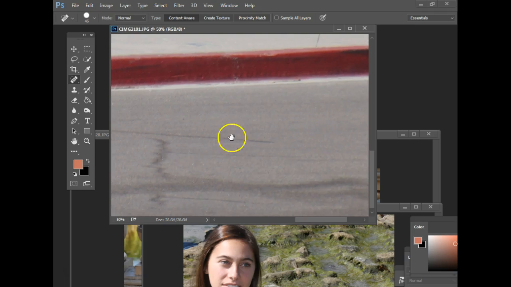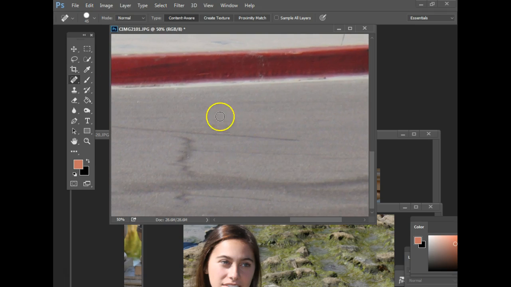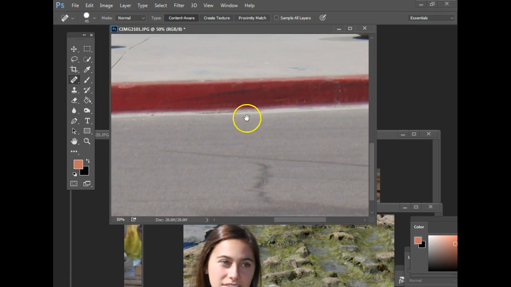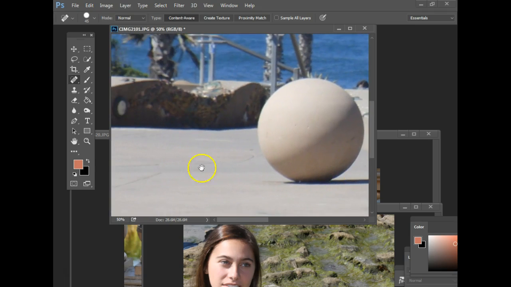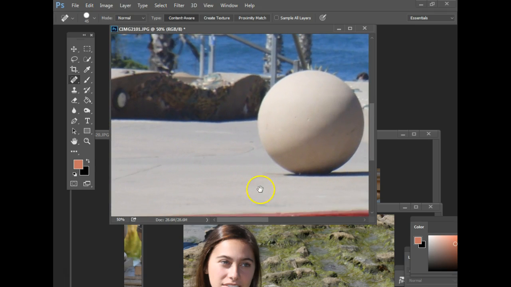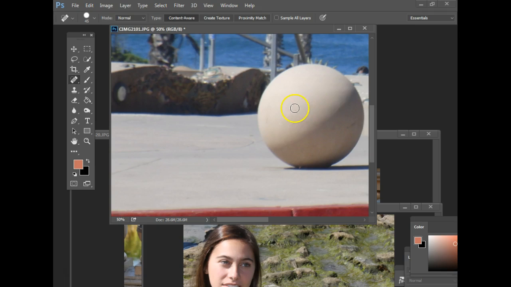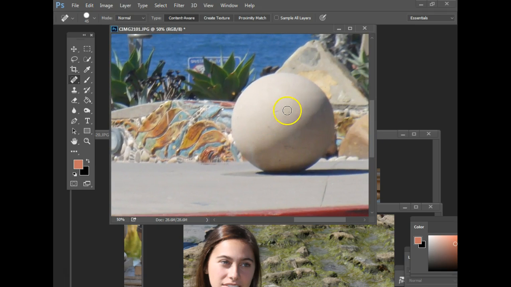It's like content aware fill, but big areas it's not so good with. It's really good with small areas of something that's kind of distracting, and it'll get rid of them. Like even the spot on the ball, it tries to blend it in really well. So it's really effective for those types of things, small things. It's also really effective for getting rid of